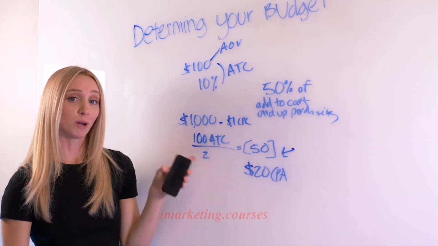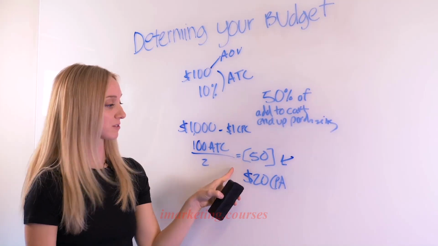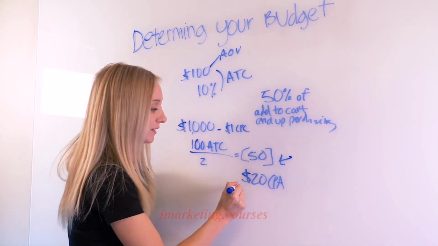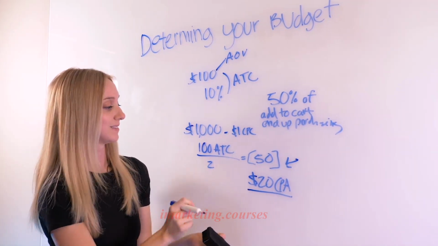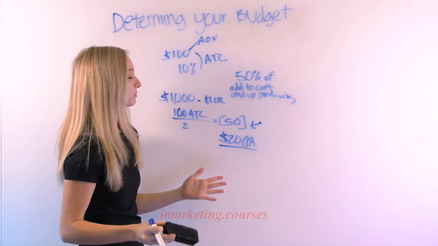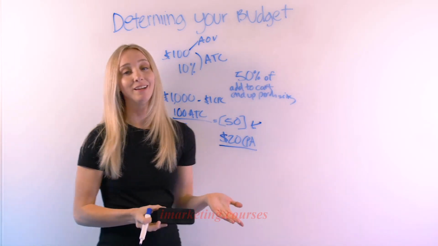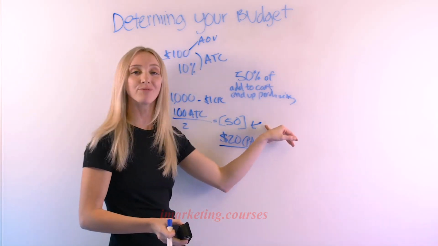You need 50 purchases or conversions a week, whatever you're optimizing to, in order to season the pixel. And ultimately, that would bring us to a $20 cost per acquisition cost. So I know it's a lot of math, and this might be something that you may have to review a couple of times and practice your own equations in order to ultimately see how this works out for your business,